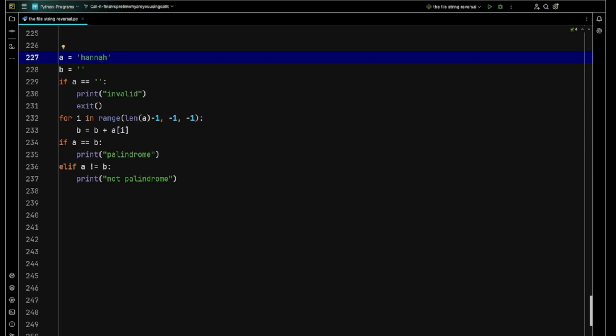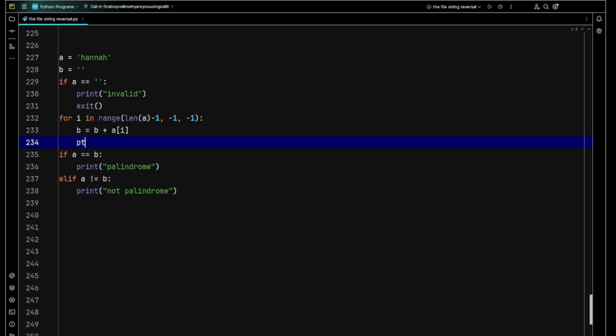Then here we've done this range thing before. This is so that we enter it character by character backwards into B. So using this we do for I in range, then length of A, which in this case is 6, minus 1, so 5. Then 5 to minus 1, and then we have minus 1, like it's stepping back by minus 1. So what it's going to do is start from the last character over here, and then build on. So if I do a print B,